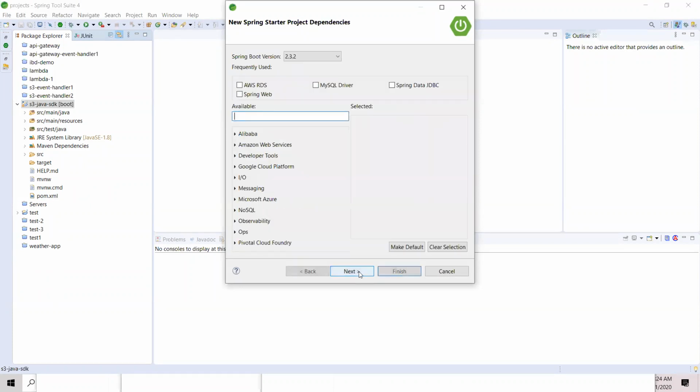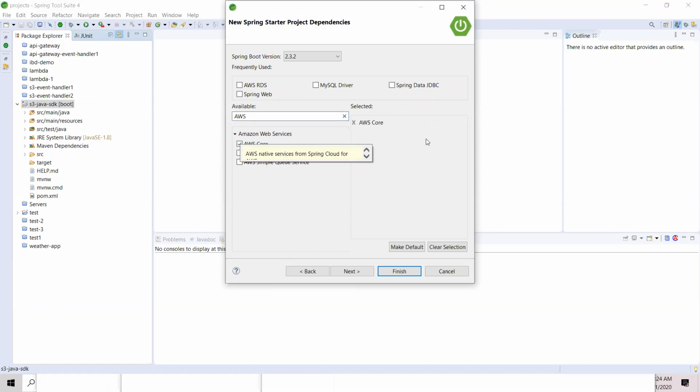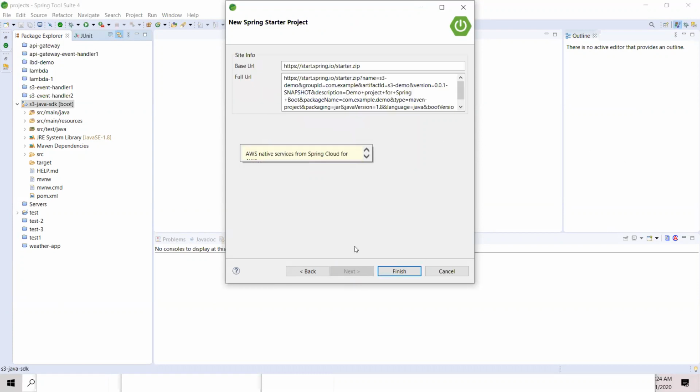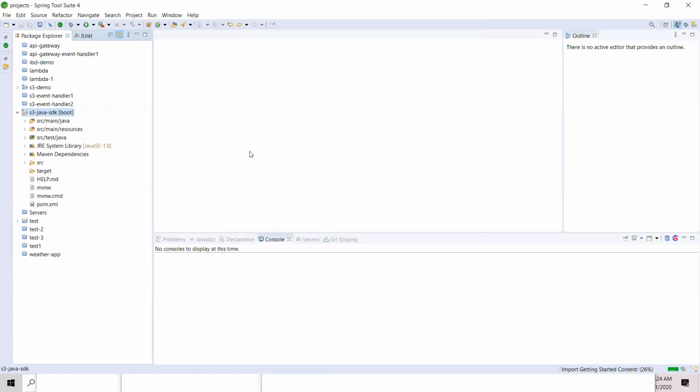Then next, and then, do you want any libraries for this? Let's search for AWS. There you go. AWS core exists. So click next, finish. This is S3 demo.